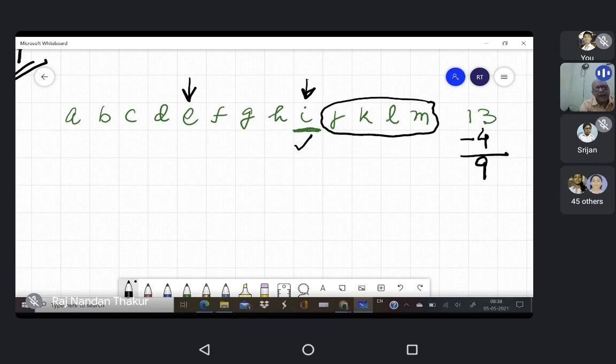So if there are n terms total and we are looking for the rth term from the end,